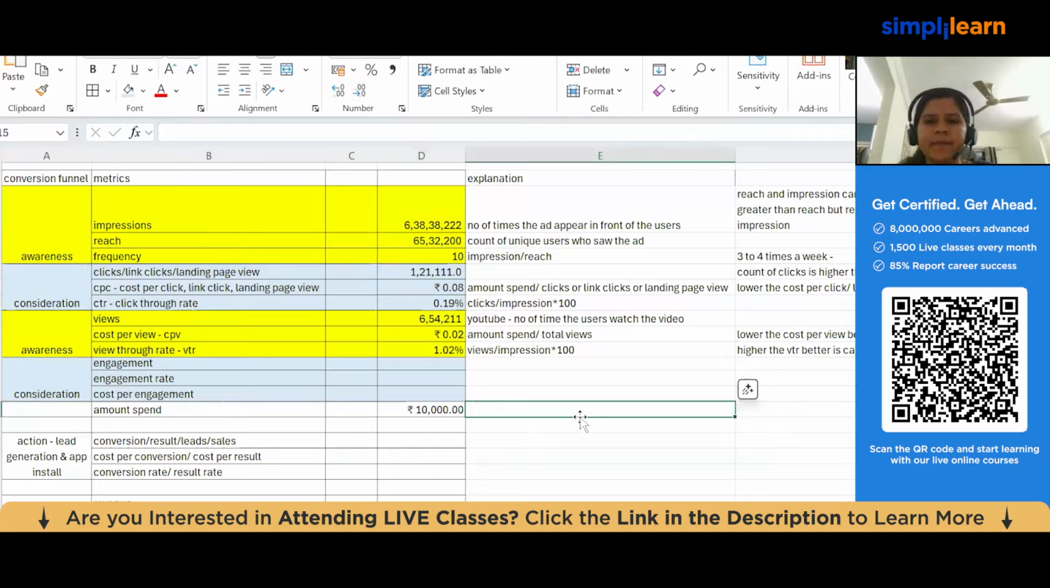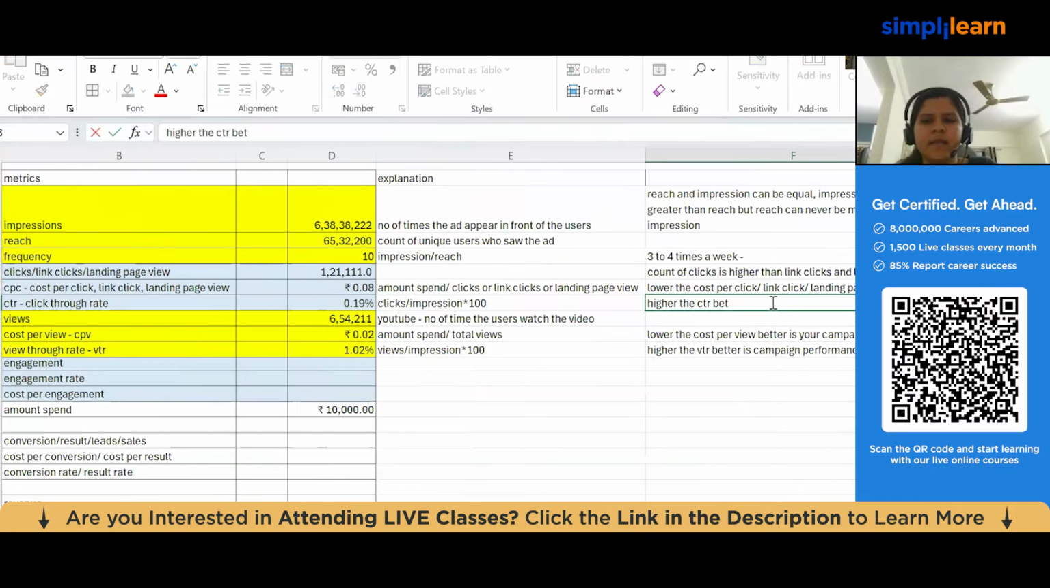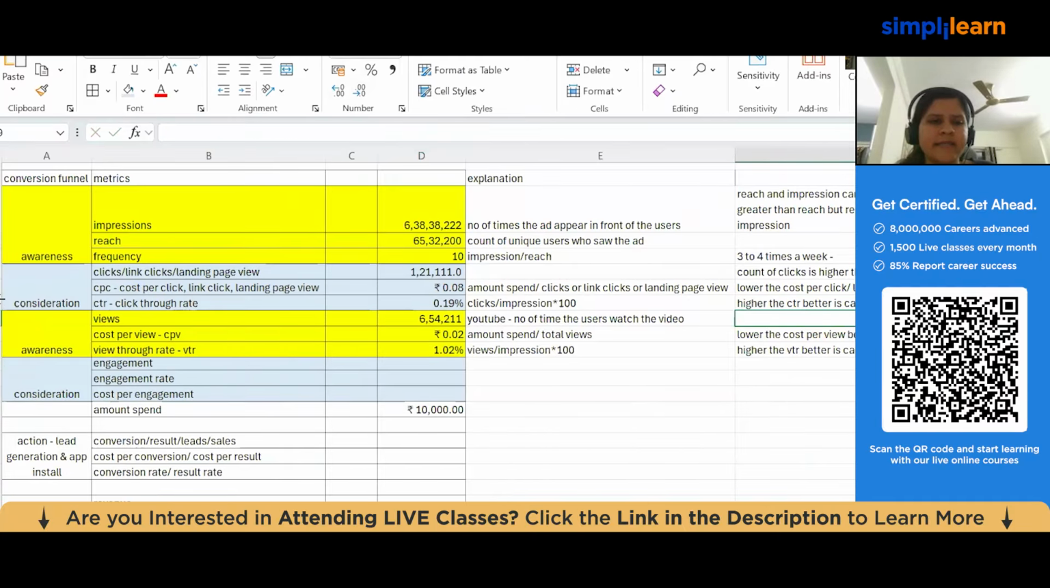Make sense? Here also, the higher the CTR, the better the campaign performance. So ideally, if I have to summarize, guys, your CTR and your VTR need to be higher in percentage, whereas your CPC or CPV should be lower in the currency. Now we have